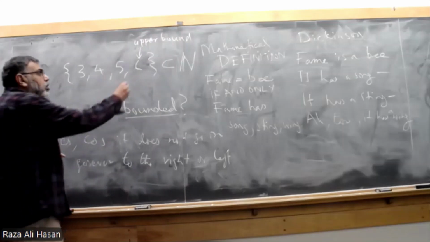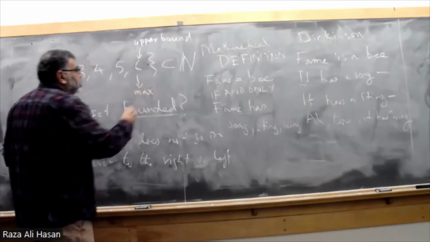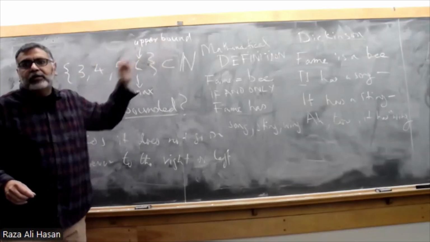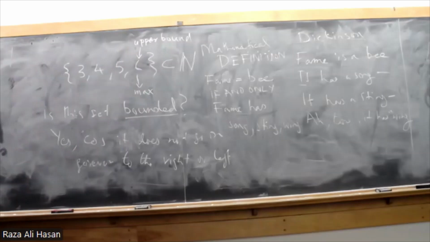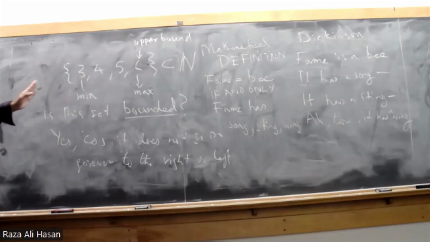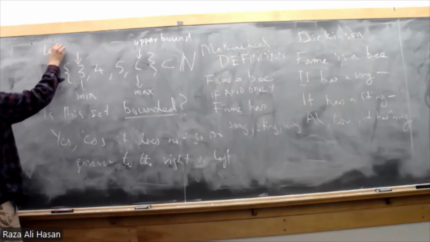Yes, so it's also the max of the set. So in other words, the largest element in this set can also be called the upper bound. Okay, that's pretty good. Now, it's also bounded from this side, right? My question to James is, what's the minimum here? Very good. So we're going to call this our min. And it is bounded on the left by 3 again. Okay. So if that is the upper bound, this is going to be called the lower bound.